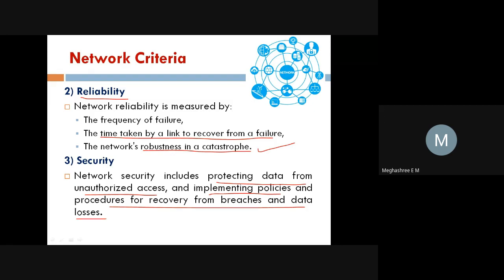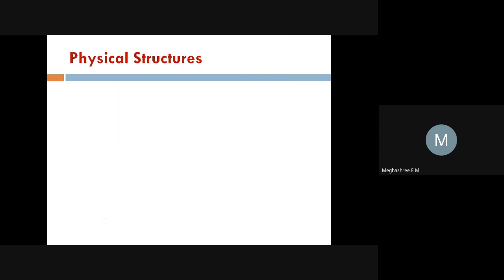So these three criteria are very important with respect to the network. One is performance, the second one is reliability, and the third one is security. This is all about